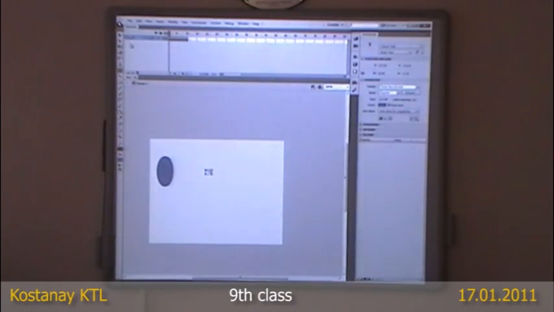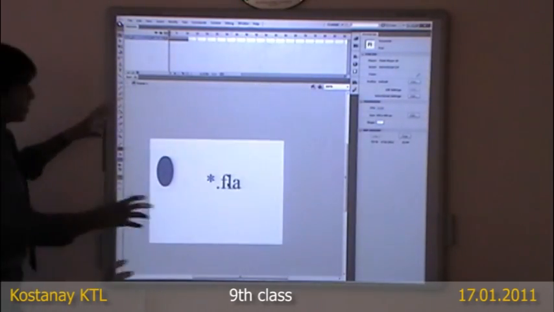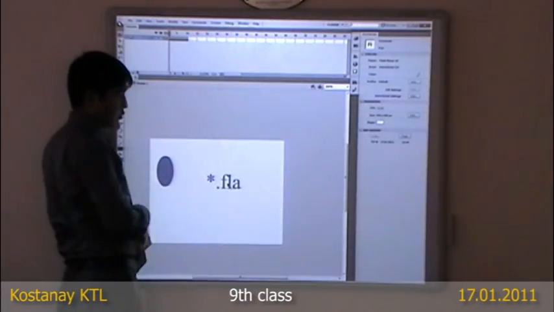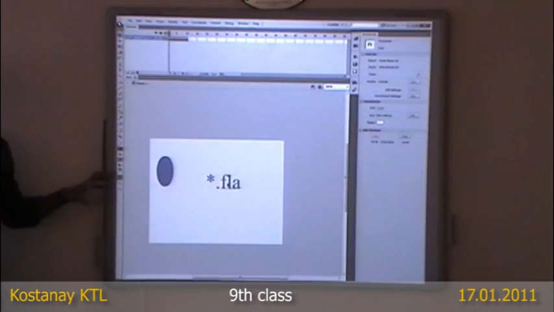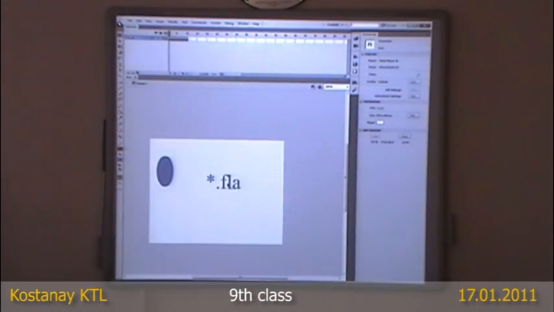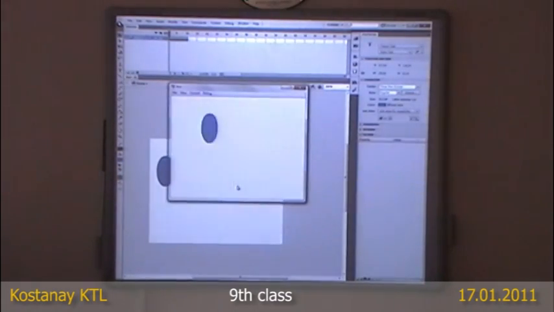FLA. Let me change the size like this. Star means the name of your file. FLA means Flash file. And when you open this file, you can edit it, you can continue working on your animation. After you save, you have to press Ctrl Enter to create this window and to create